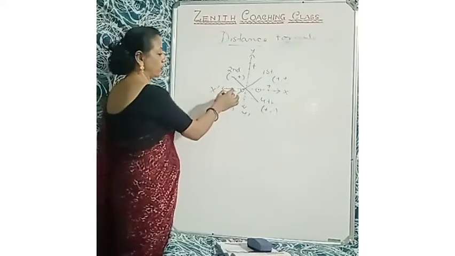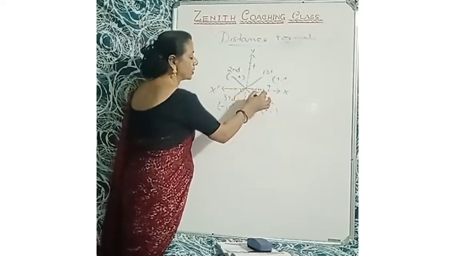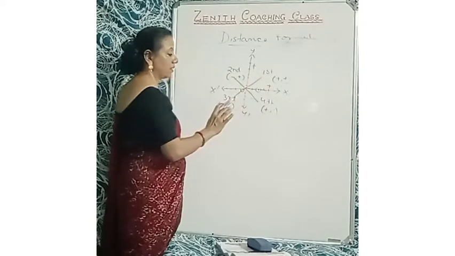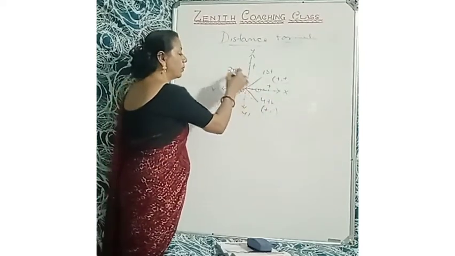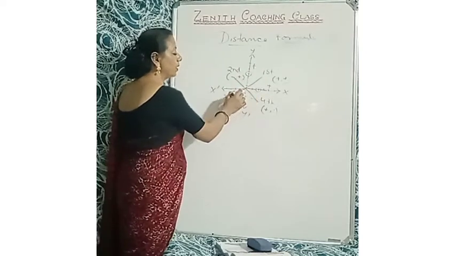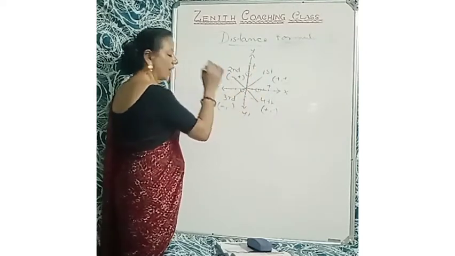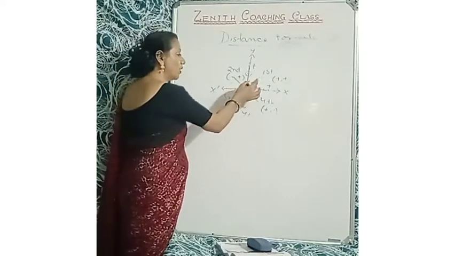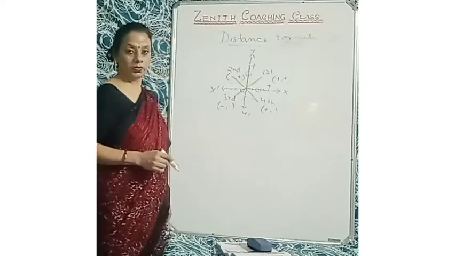If any point is on the x-axis, then we'll consider that y equals 0, because it is only the abscissa and there is no quadrant there. And if any number is on the ordinate, then x equals 0, because it lies on the line. So there is no first quadrant, second quadrant, third quadrant or fourth quadrant.